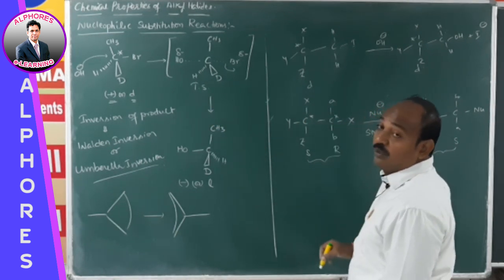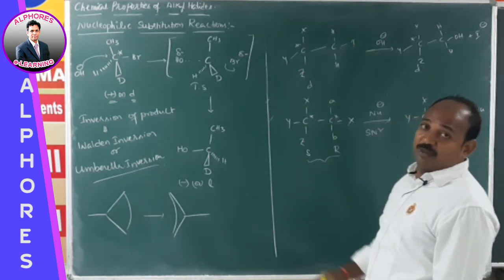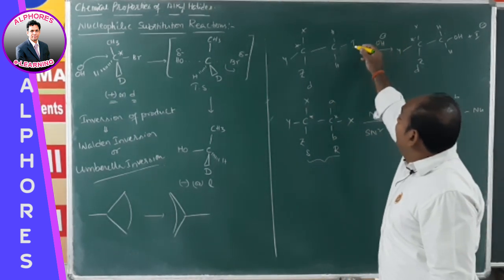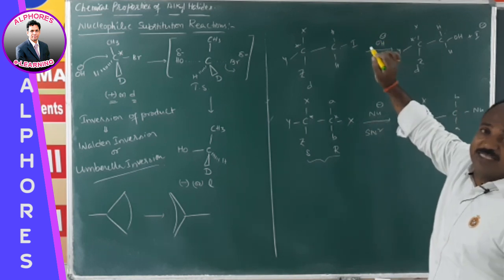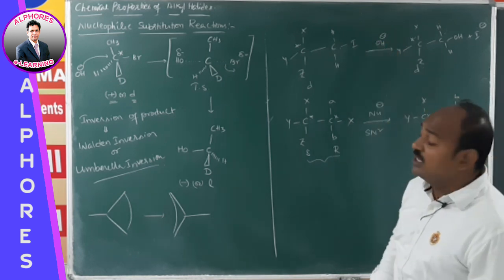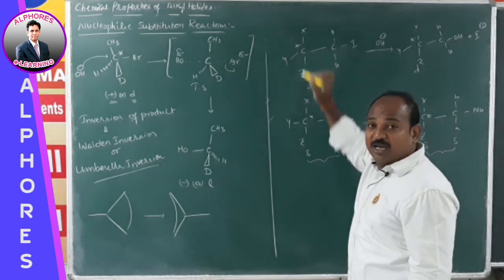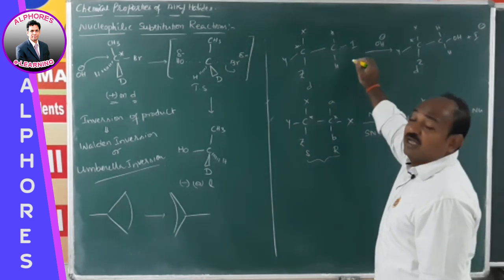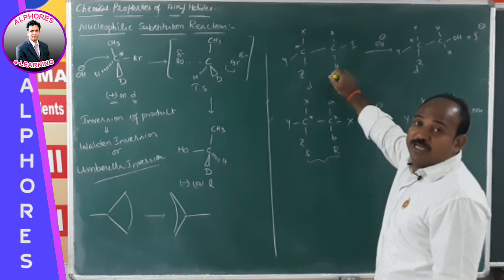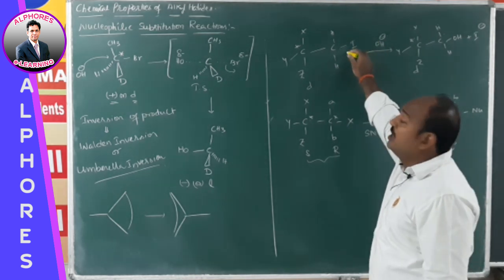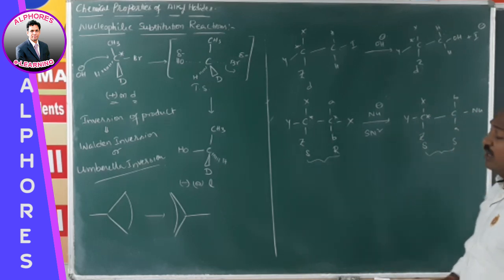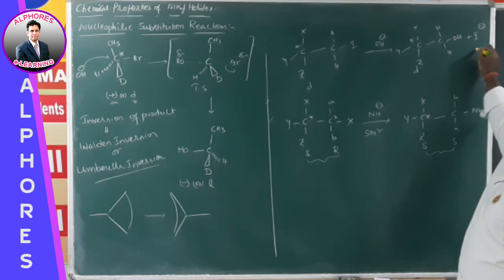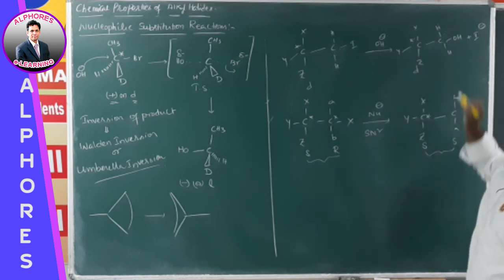And in case 2, the substrate consists of a chiral carbon, but the leaving group containing carbon is not chiral. Some other carbon is chiral except this carbon. In such a case, there is no change in the chirality of that carbon, because nucleophilic substitution takes place at the leaving group containing carbon, but not at some other carbon which possesses chirality. That's why we cannot notice any inversion. Here we can say retention of the product.